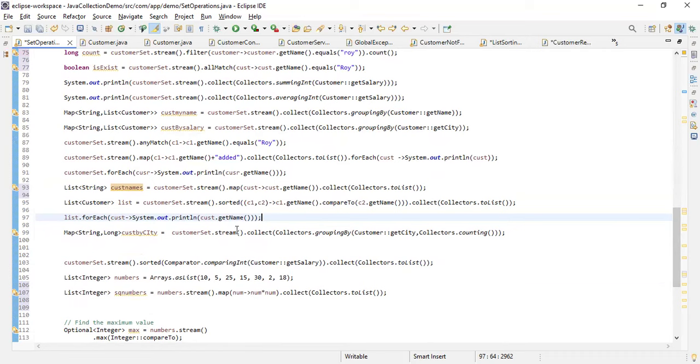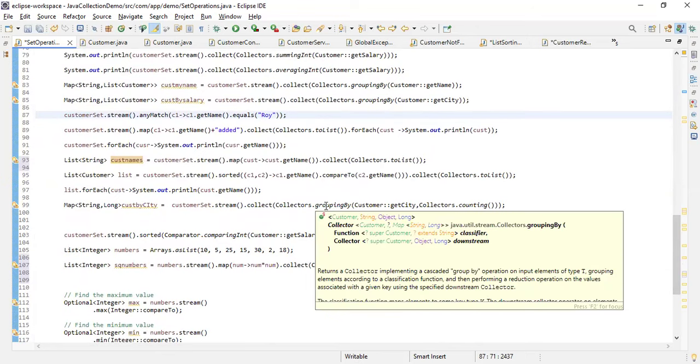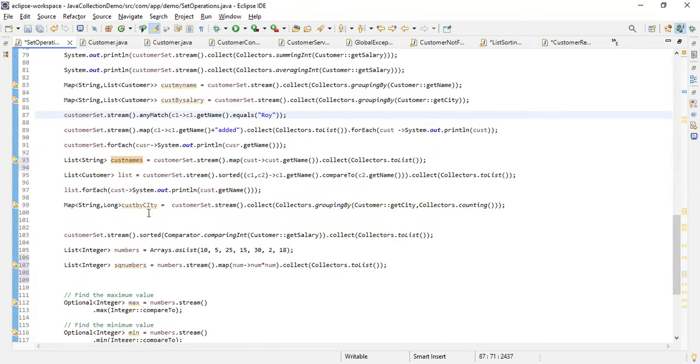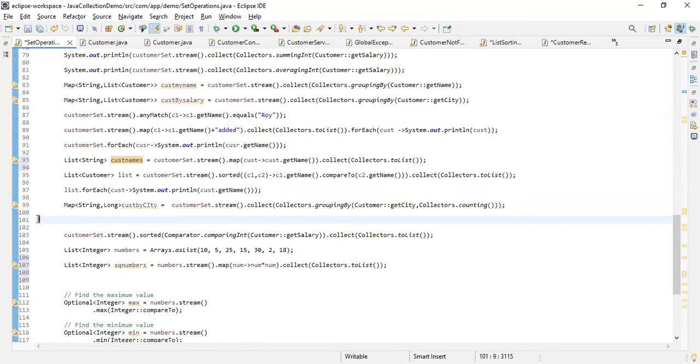Then apart from that, we have seen sorting, which is very important, filter, terminal operations like allMatch and anyMatch, correct. And we have also seen how to use the groupBy operation and get the result. This is very important. These are certain interview questions which you need to understand, because these are one-liner, very straightforward questions, and you need to be able to write them.